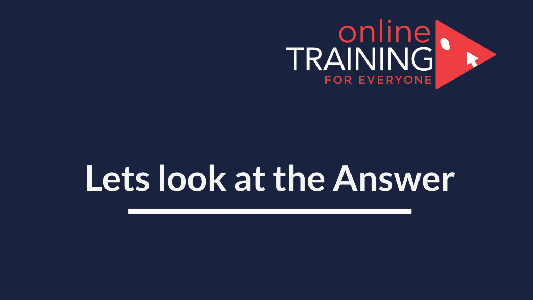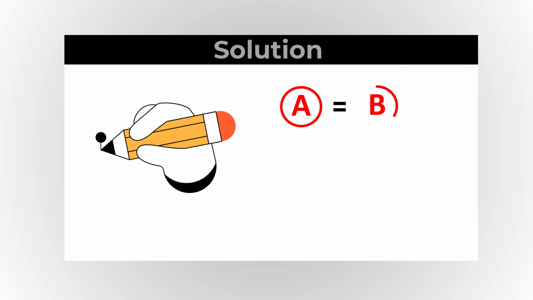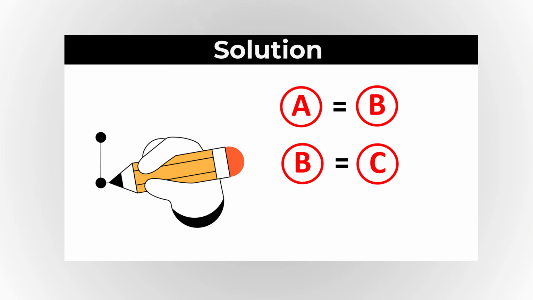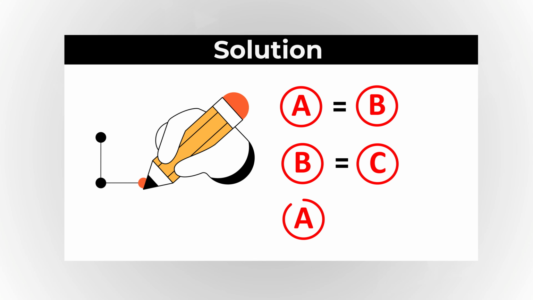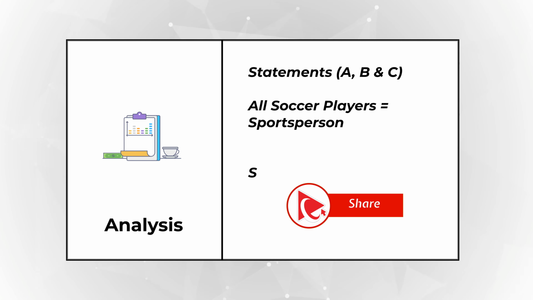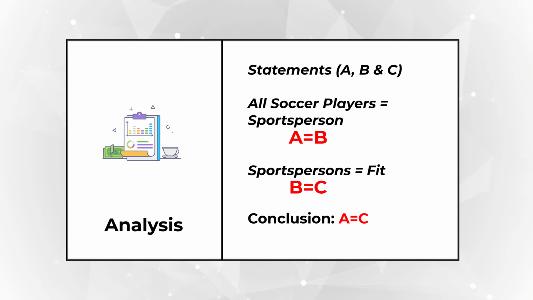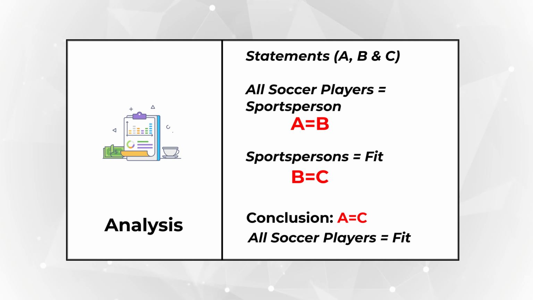As you might be well aware, in the logical world, there is a formula. If A equals B and B equals C, then you can reasonably conclude that A equals C as well. We can look at our original statements as A, B, and C. For example, the statement all soccer players are sports persons could be an equivalent of A equals B, and then all sports persons are fit could be B equals C. Based on these 2 statements, we can reasonably say that A equals C, which would mean that all soccer players